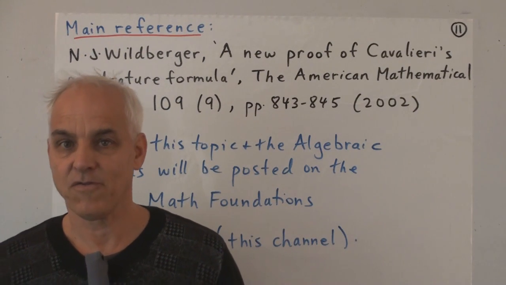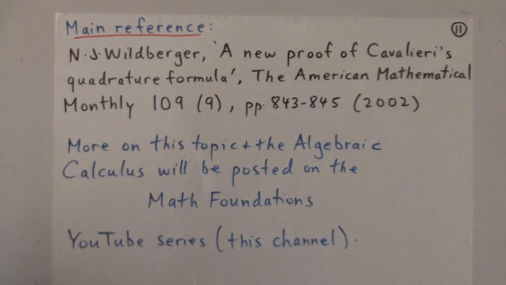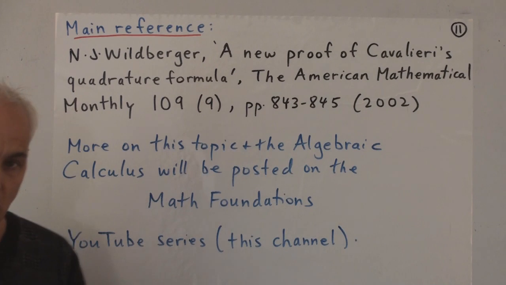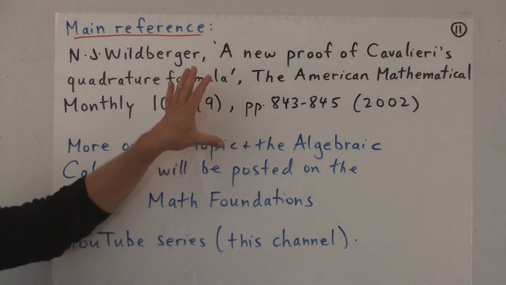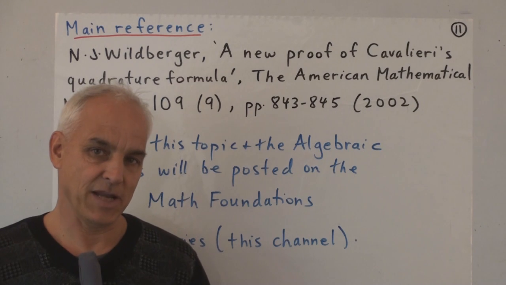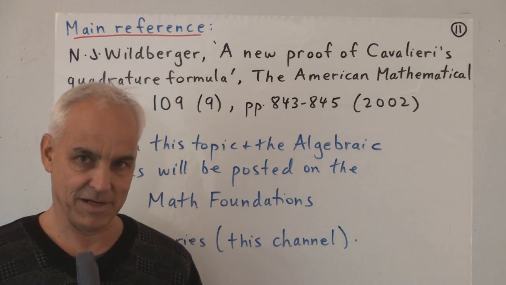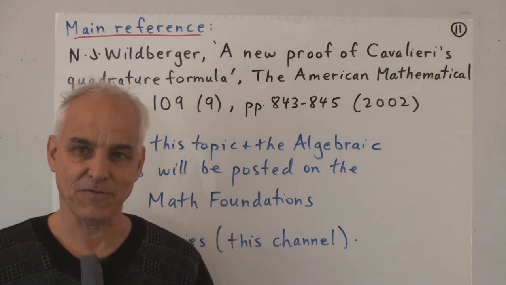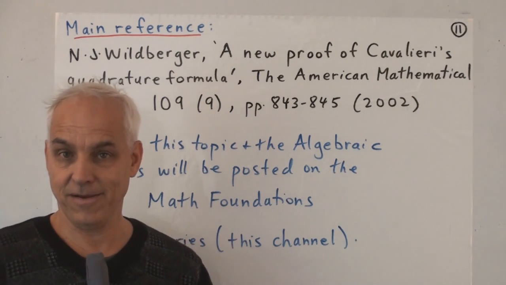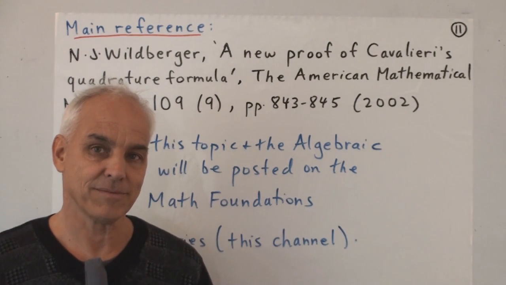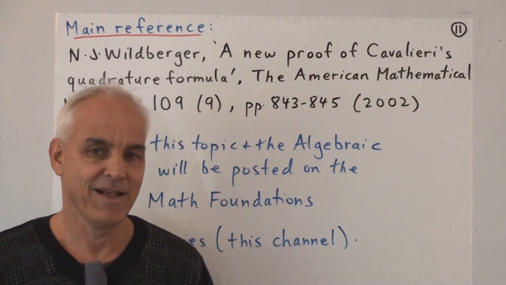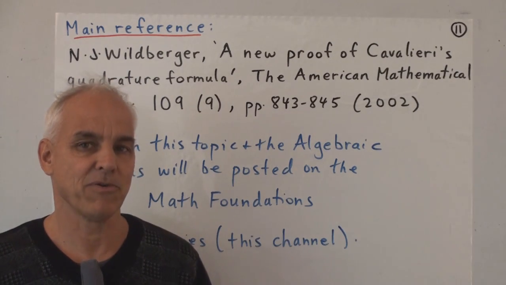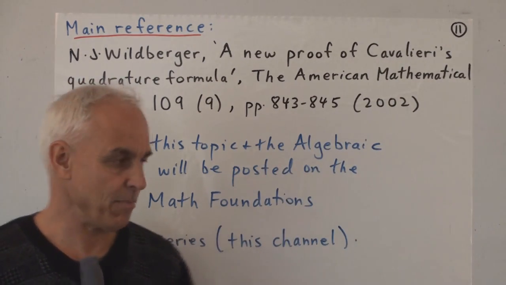The main reference for what I've presented today is in this very short paper of mine called A New Proof of Cavalieri's Quadrature Formula, which appeared in the American Mathematical Monthly in 2002. It's only a couple of pages long. The argument there is pretty close to the one that I've given you today, but I think the one that I give you today is a little bit better. One of the advantages in doing this kind of YouTube adventure is that I get to rethink things and have a look at them from some novel point of view many years afterwards. So I think in this case my argument here is just a little bit preferable to the one that I gave there, but it's more or less the same kind of story.